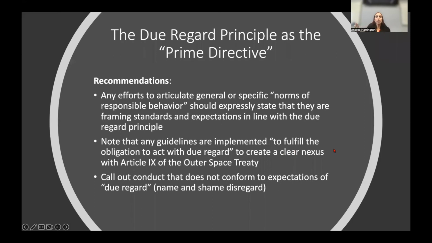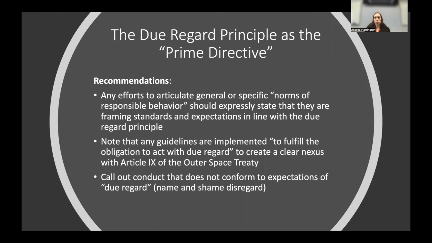Okay, so recommendations moving forward. Any efforts to articulate either general or specific norms of responsible behavior. So general, right? How do we implement due regard overall? Or specific, how do we manage on-orbit servicing, right? As a specific example. Those norms should expressly state that they are framing standards and expectations in line with the